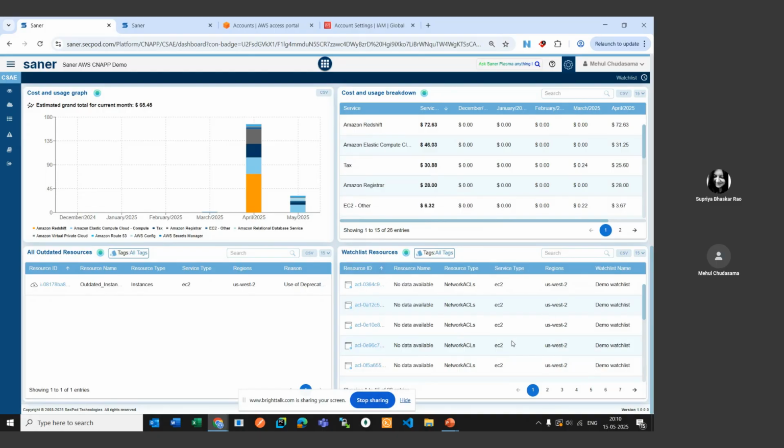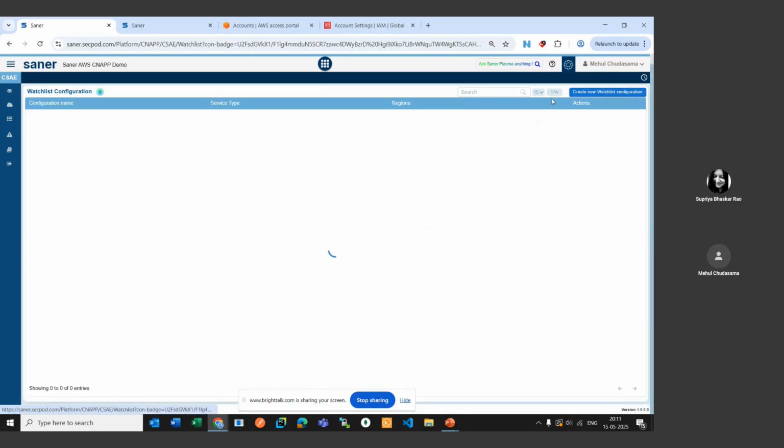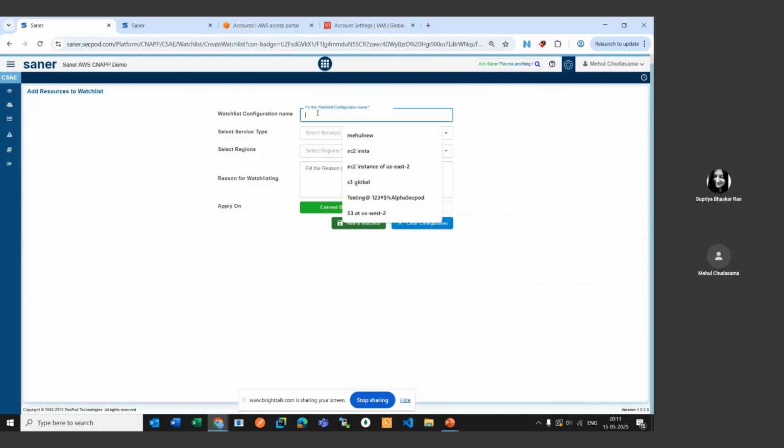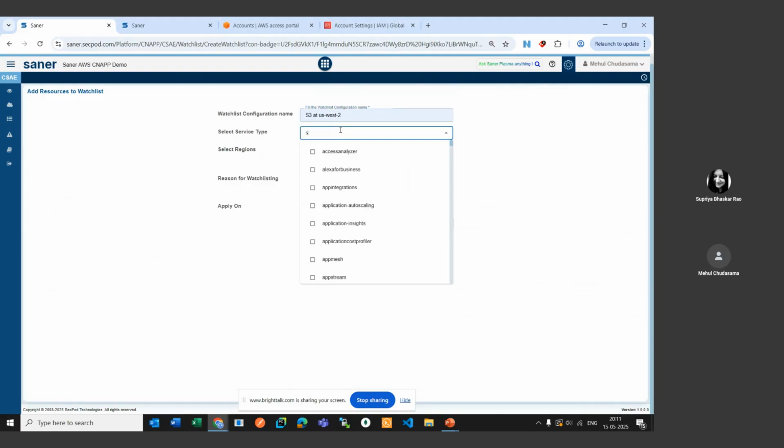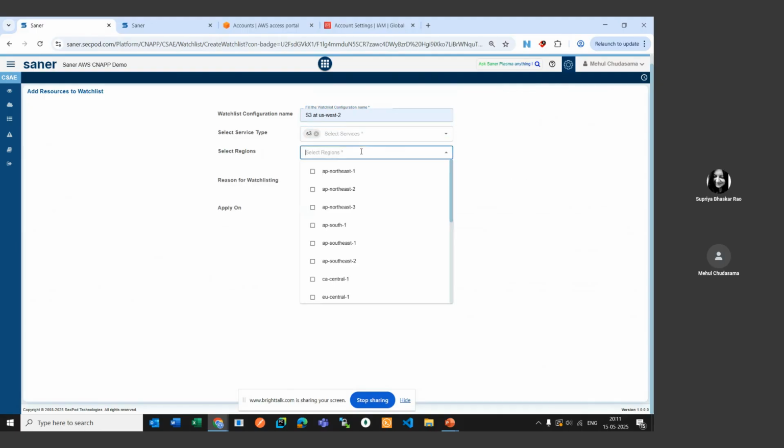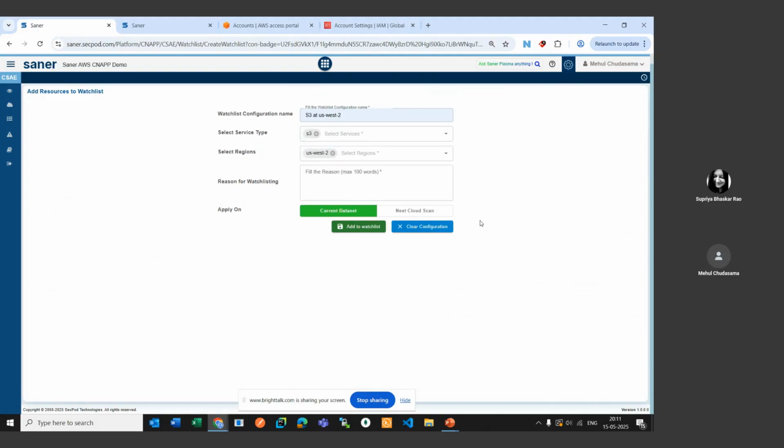This is in case you are an admin and you want to keep an eye on the resources that are getting created in your particular region. For example, we can also create our own watch list. Go to watch list section, create watch list. Let me create an S3 bucket in US West 2. Here we select S3 as a service type, and then we select US West 2 as the region. We give a description,